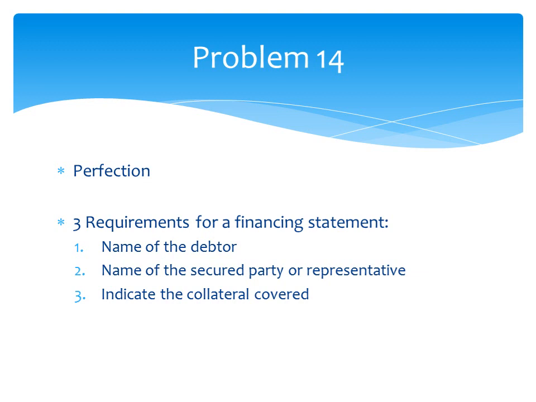Okay, problem 14 also deals with perfection, and the question is asking, a secured creditor wants to file a financing statement to perfect its security interest. Under the UCC Secured Transactions article, which is Article 9, which of the following must be included in the financing statement? The 3 requirements for a financing statement are: it must have the name of the debtor, the name of the secured party or representative, and it must indicate the collateral covered. And by doing so,